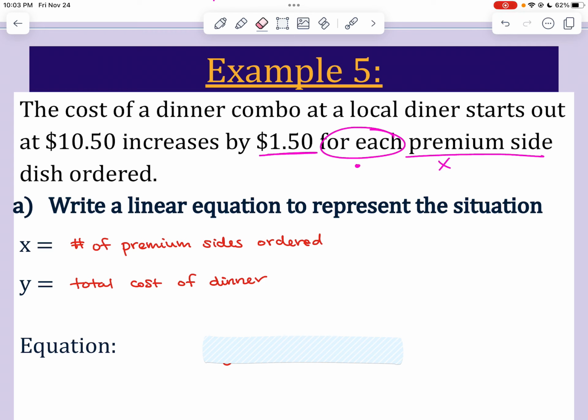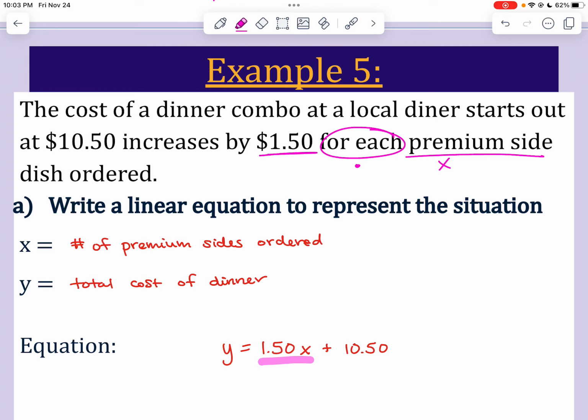So our total, Y, is equal to $1.50 times the number of sides, I'm getting my problems mixed up,